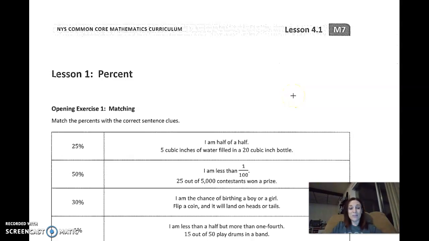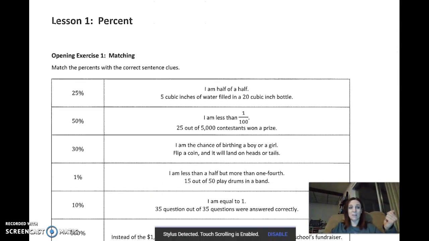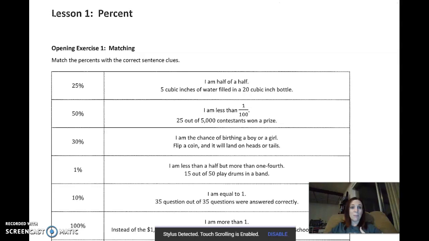In lesson 1 in module 4, we're going to start talking about what percents are and what percents mean. So lesson 1 is just called percent. So let's talk about what